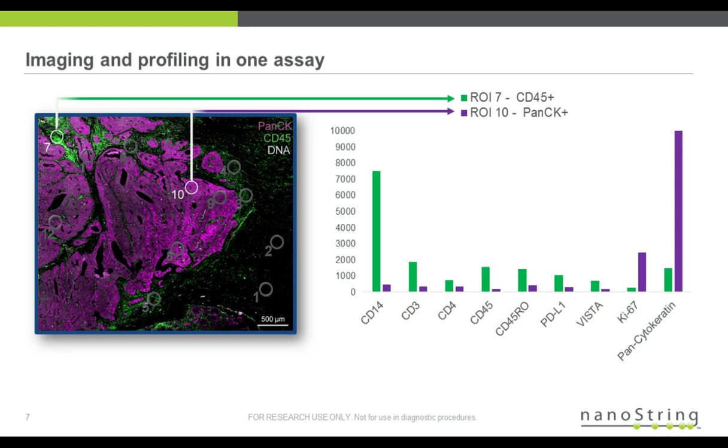But if I move the microscope objective over to region of interest 7, which is now in the immune infiltrate region, and perform the same experiment, and look at what antibodies are in that region, you can see there's almost no pancytokeratin over there because most of the tumor is not actually in that region of interest. But what you get is an increase in all the key immune cell markers that are localized in that particular area of the immune infiltrate. So this is just a pictorial display of how these kinds of experiments were done.